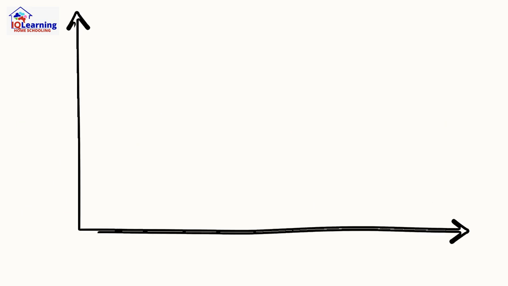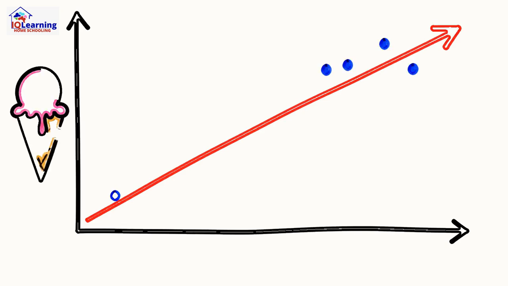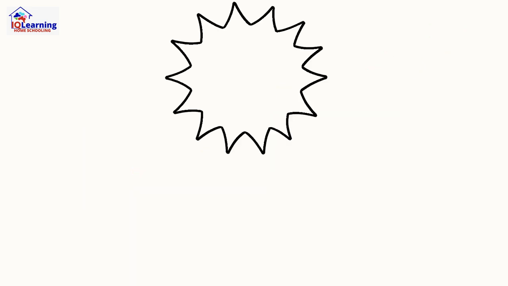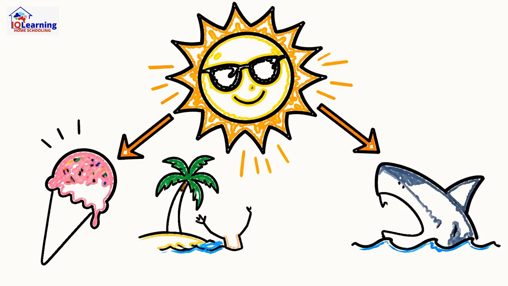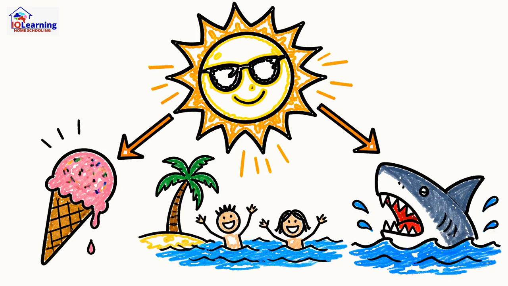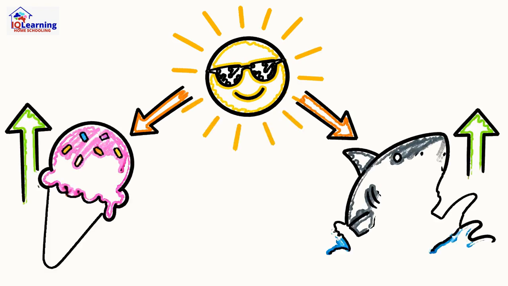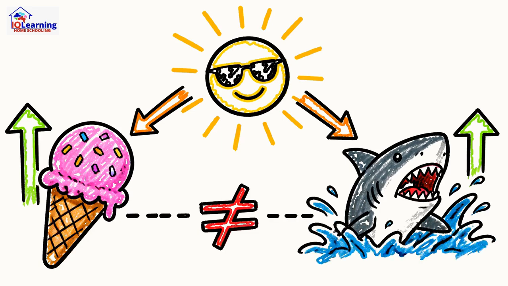Now, for the most important rule. Imagine a study shows that as ice cream sales increase, so do shark attacks. A strong link, a high correlation. It's tempting to say ice cream causes shark attacks, but we can't. The real cause is a third factor, summer heat. More people swim and more people buy ice cream. Data shows a relationship, but it doesn't prove one thing causes another. This is the "correlation does not imply causation" trap.